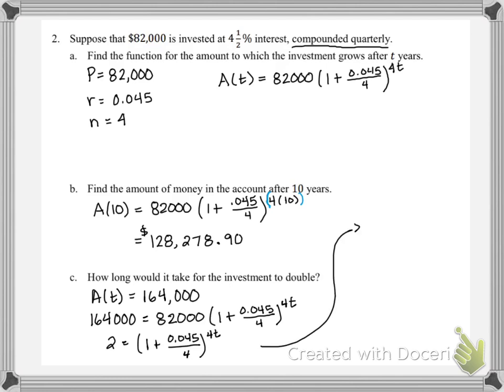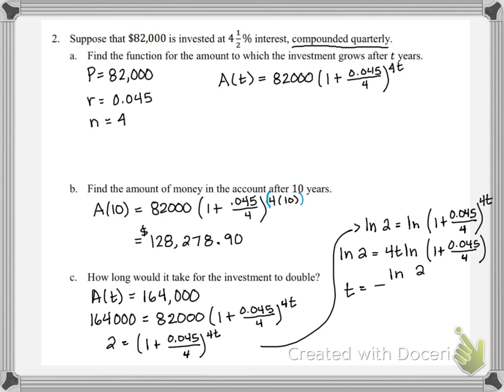So to solve this, we're going to take the natural log of both sides. And then use our log rule to bring that 4t down as our coefficient. So natural log of 2 is 4t times the natural log of 1 plus 0.045 over 4. And then to solve for t, we're just going to divide by everything that isn't t on the right. So we're dividing by 4 times the natural log of 1 plus that whole thing. So t is going to be equal to the natural log of 2 over 4 times the natural log of 1 plus